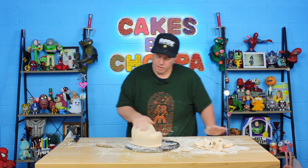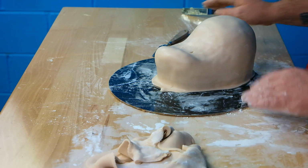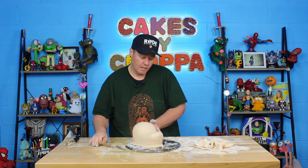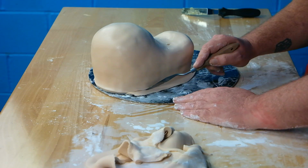But now, as you can see, it's got a little bit more support. I can get it smooth. And by the time the cake starts to come back to room temperature, your fondant will have already started to crust. So you've got your cake already set in. As I go around and trim off this edge, I'll explain one of the reasons that I've really wanted to